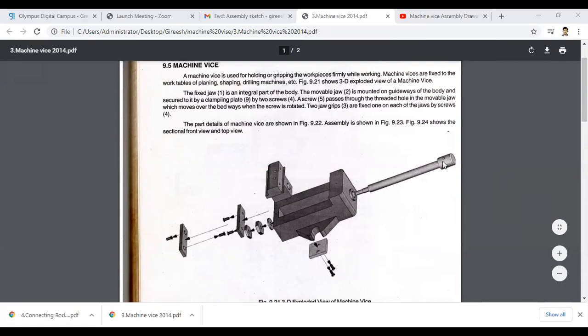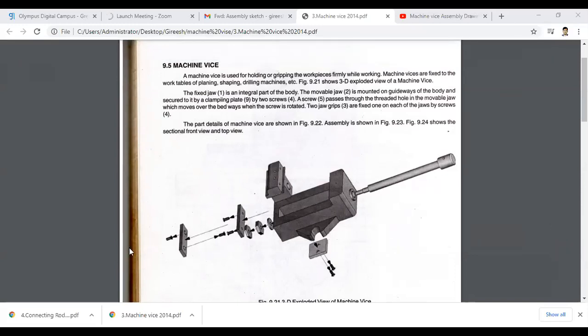As you rotate this with the help of a pin, it will move close to and away from the fixed jaw. You can see the video related to the machine vise, how the parts will be.